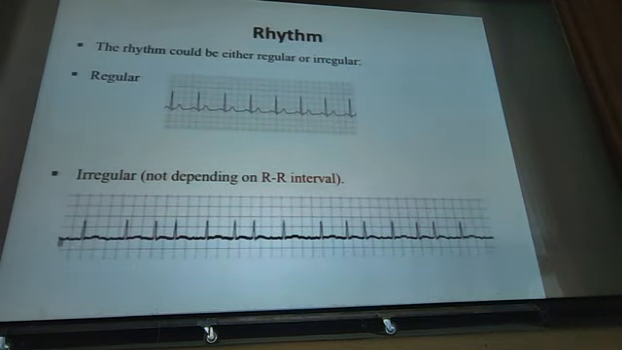And this can give the right heart rate exactly. We can use it in a regular rhythm. If the rhythm is regular,